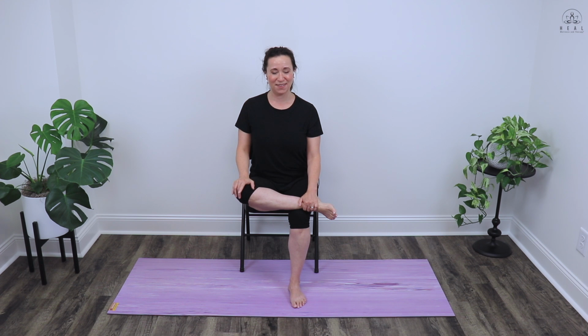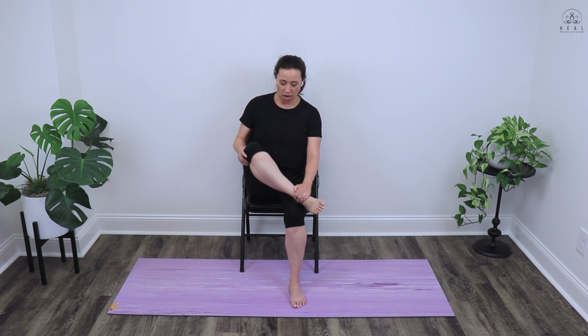Take a nice deep inhale into your belly. And exhaling out. One more time, nice, slow, deep inhale into the belly. And exhaling out. Wonderful. Releasing the tension on the right knee, uncrossing that leg, placing the right foot back onto the floor, and